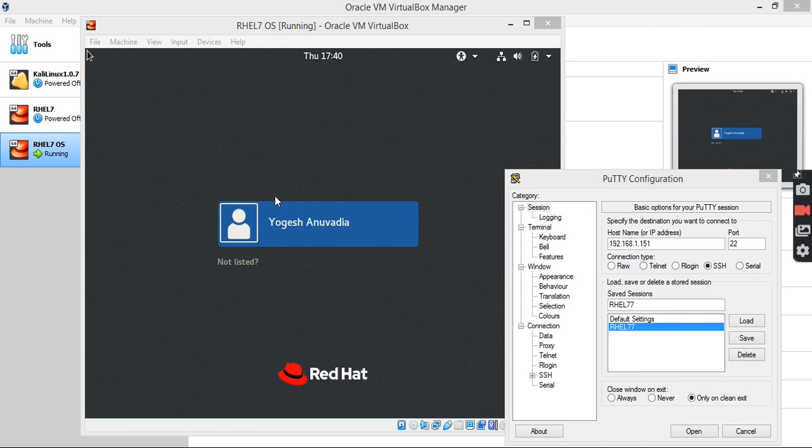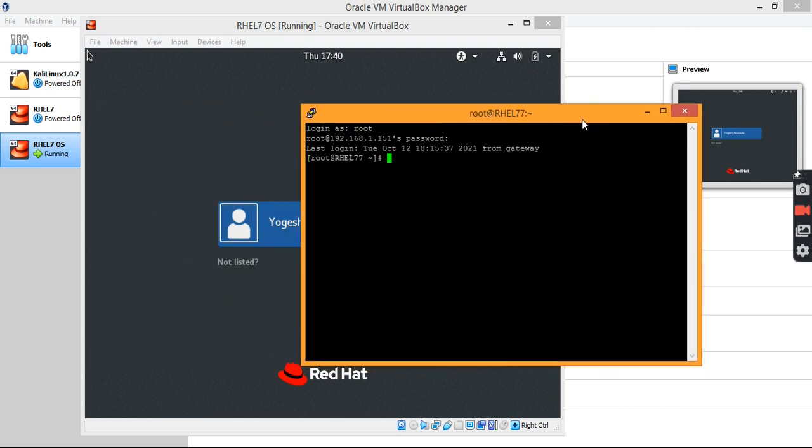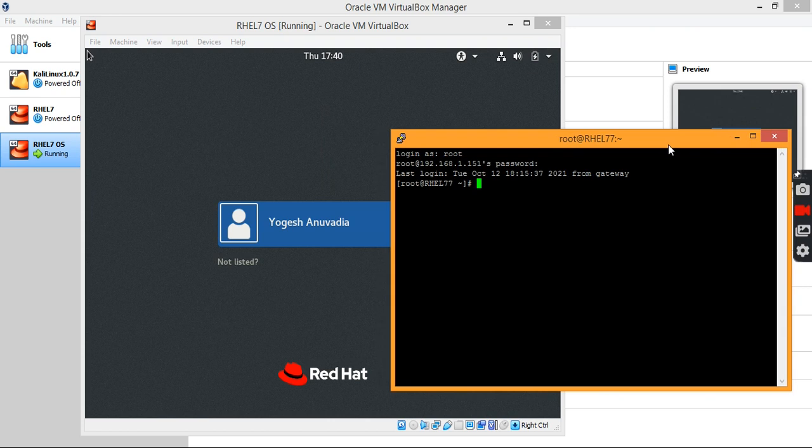So here this is my lab machine running with the RHEL 7.7 operating system. I am going to access this. This is the IP address of my lab machine. So you can see this is running with RHEL 7.7 operating system.